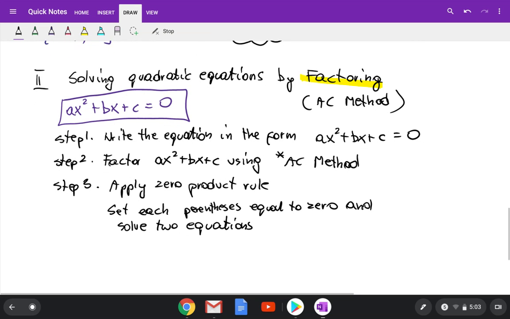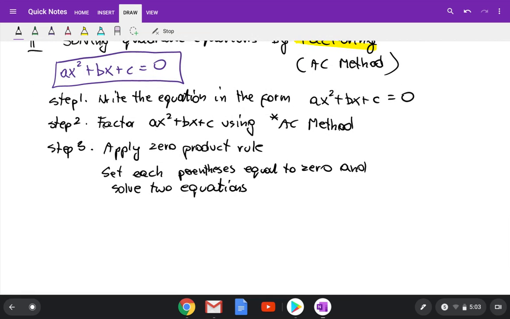So technically, you guys know what to do. This is new for us, because when we have our factors from the AC method, we're going to make each factor equal to 0. Step 4, usually I'm skipping that step and I'm asking you to check that by yourself, but